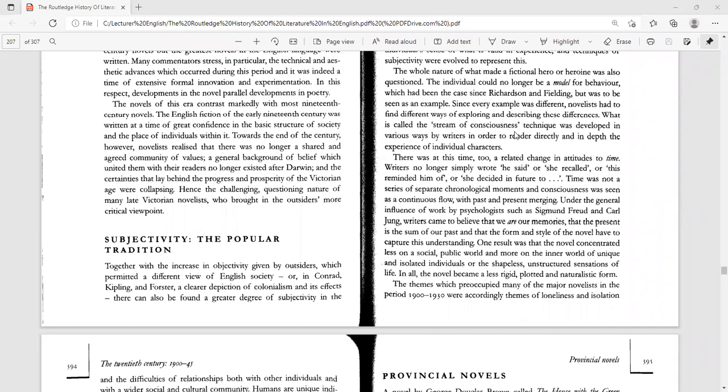What is called the stream of consciousness technique was developed in various ways by writers in order to render directly and in depth the experience of individual characters. Since the focus was on individuality, the focus was on differences of one individual from others, since the focus was to present lifelike reality instead of